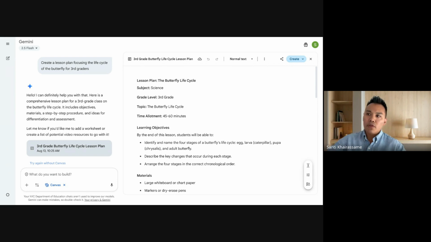And I don't want folks to get disheartened or even turned off if the response you get is not what you're looking for. You just got to go back and forth with it. It's a chat bot, so you have to chat with it. Okay, so let's say I do this. I've seen many teachers say, oh, I don't like this lesson plan. I hate AI. I'm never going to use it. Well, you got to keep talking to it, right?